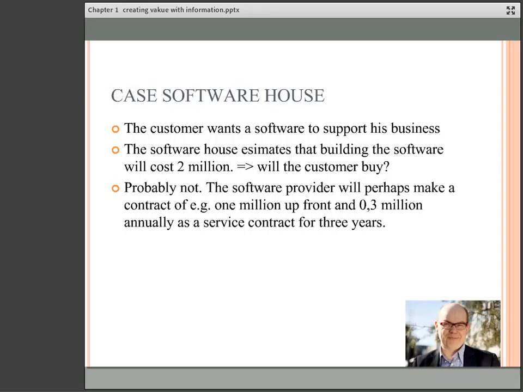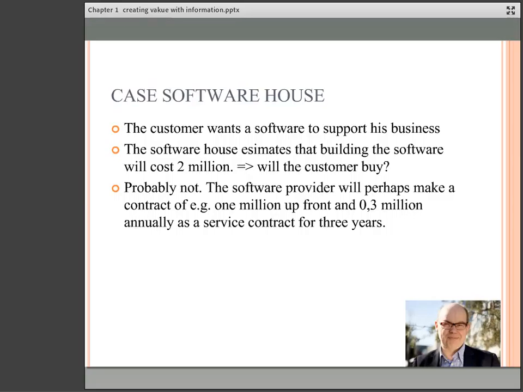Now remember, information-based products are costly to produce, so yes, expensive, 2 million, but cheap to reproduce. So this means that if you pay him 2 million, your friend can sell it to another company for any price, and he will be making a profit. So you should bear this in mind, and therefore you will not pay him 2 million.